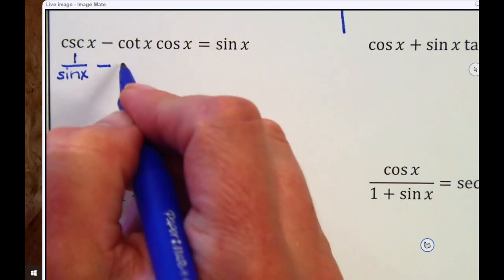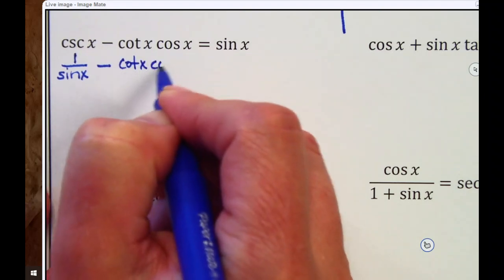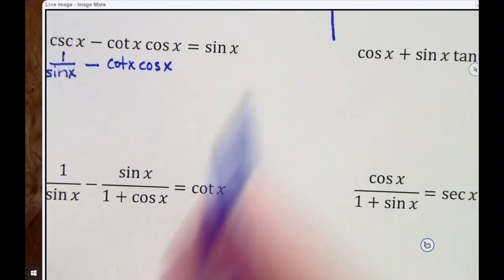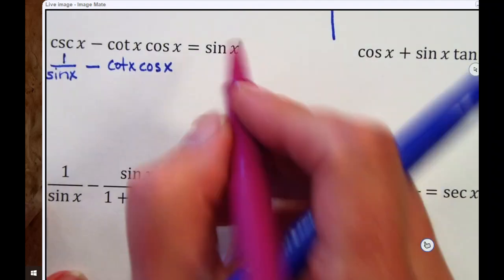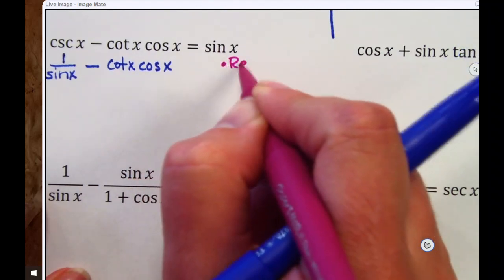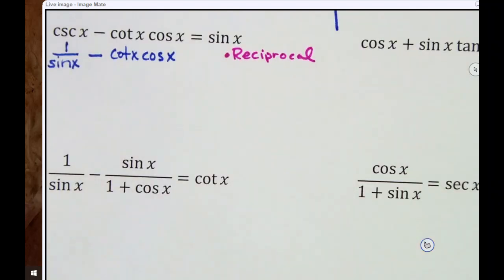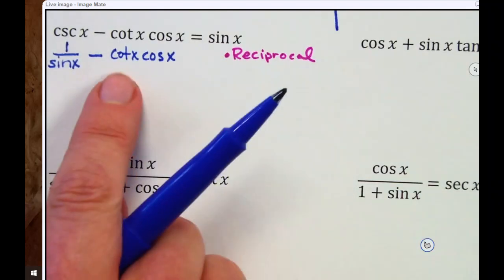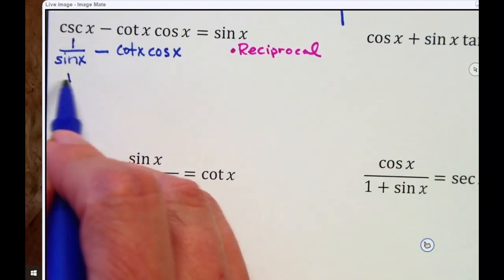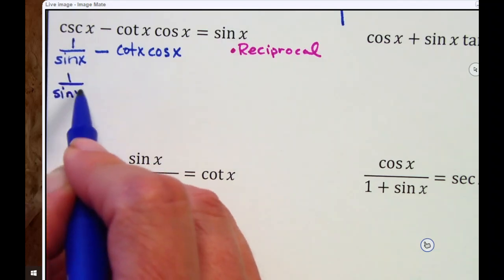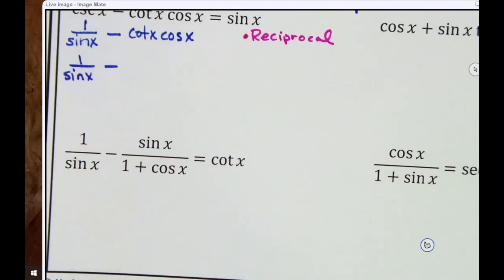Oops, you know what? I've got to justify it. That's a different reasoning. So that was reciprocal. All right, now how can I rewrite tangent? Cotangent is,